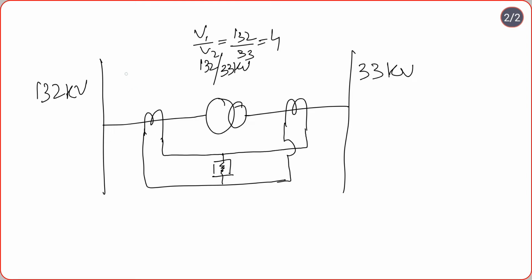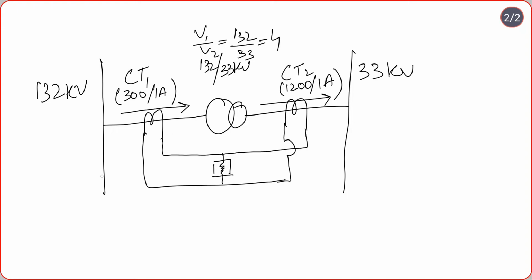So let us suppose this is CT1 and this is CT2, similar to as explained earlier, with CT ratios of 300 by 1 ampere, and this has a CT ratio of 1200 by 1 ampere. We have a full load current of 1200 amperes flowing through this, and the source current will be 300. So I1 will be 300,